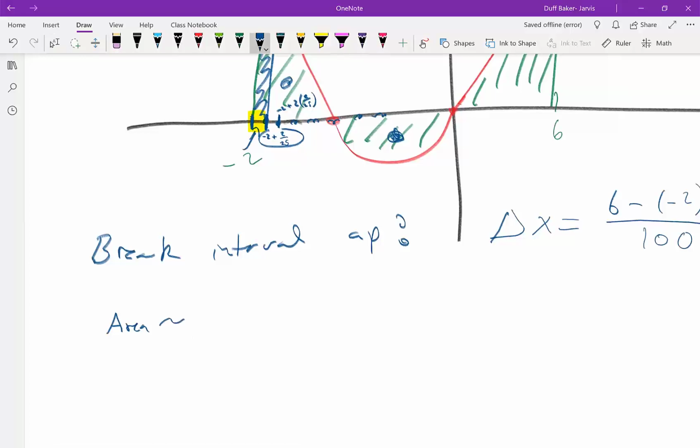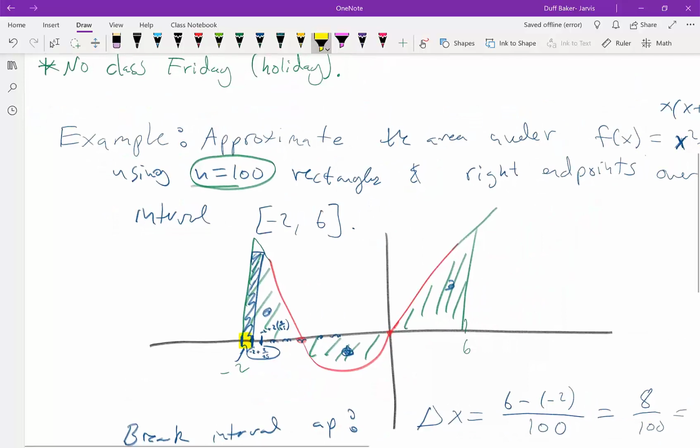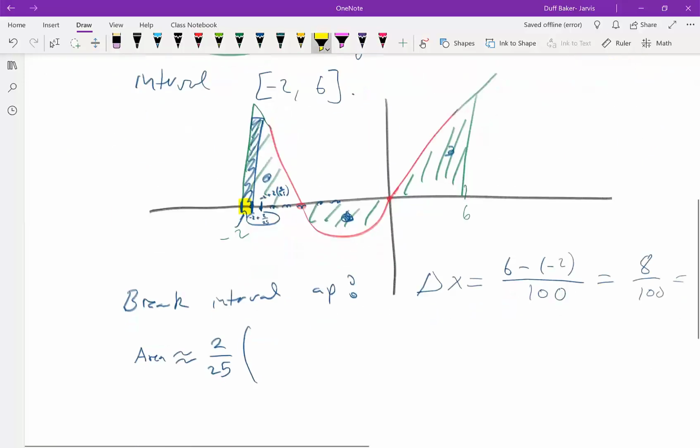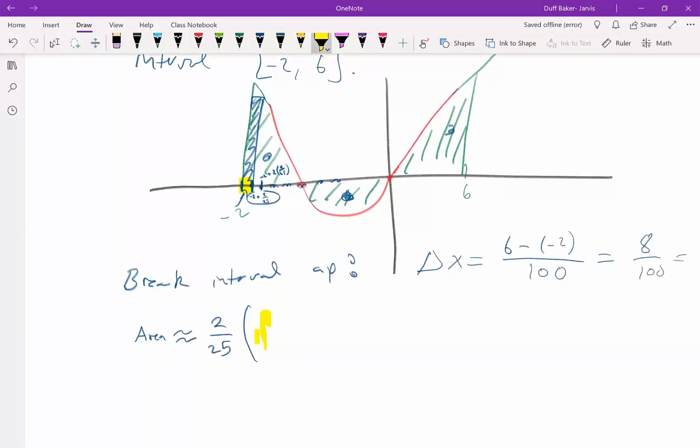our area should be approximately, so each thing is going to have width 2 over 25, and then we just have to figure out what the y values are at the endpoints, or at our selections. So our selections here were right endpoints. And so the first right endpoint would be f of minus 2 plus our delta x, right? And then the next one would be